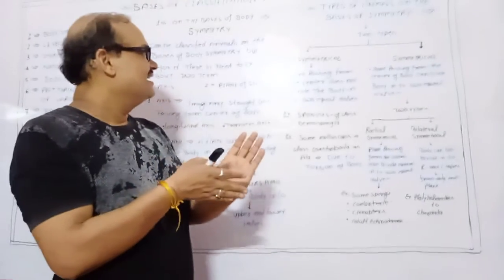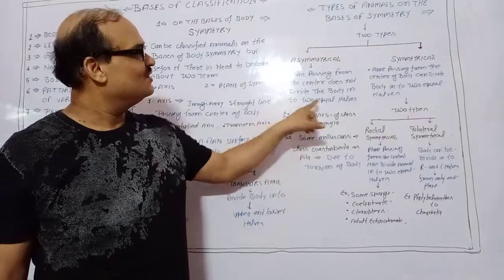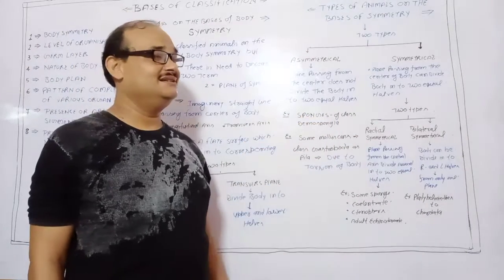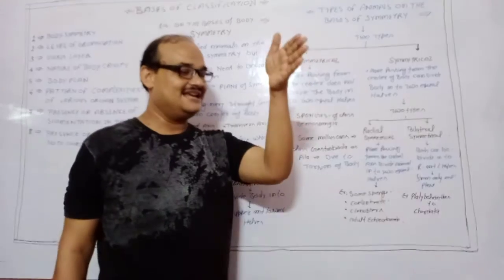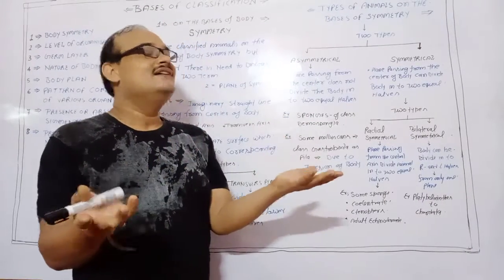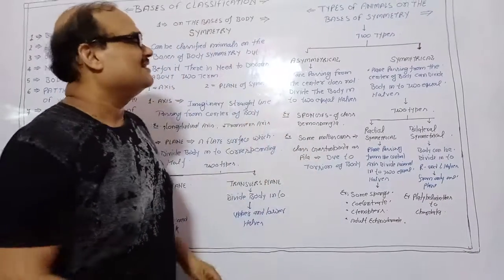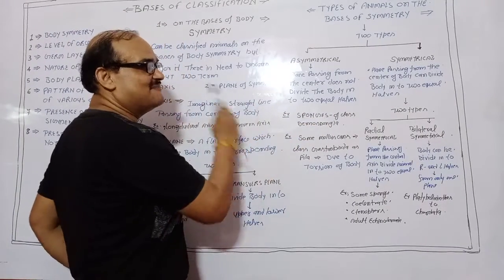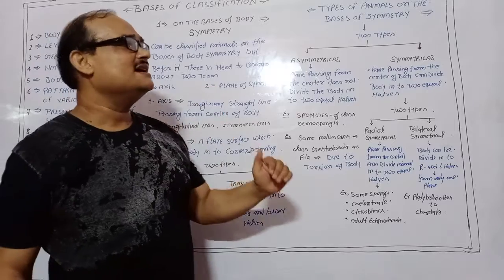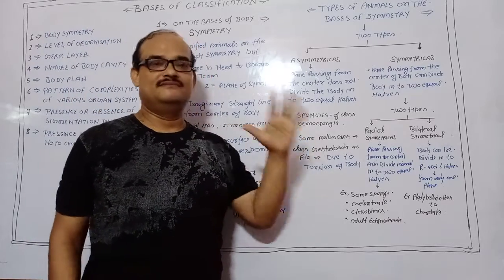A plane passing through the center does not divide the body into two equal halves. It means no plane is possible by which we can divide the animal into two equal halves. That's why these are asymmetrical. But this is a very simple point. The main point is the example. So asymmetrical animals are found in